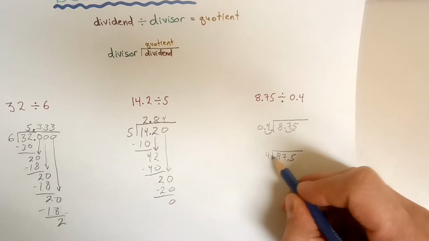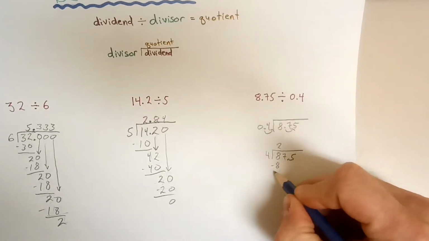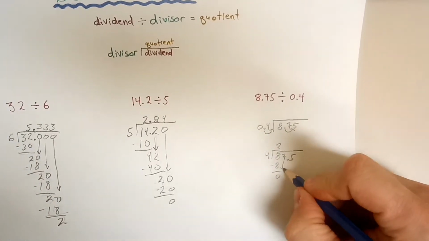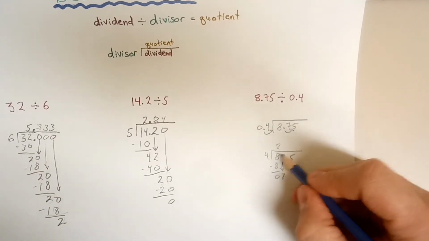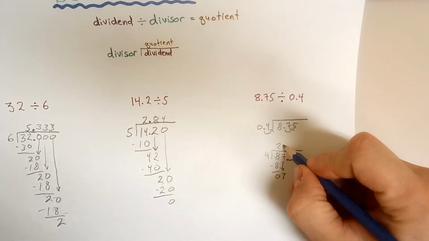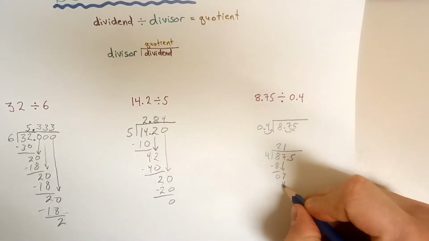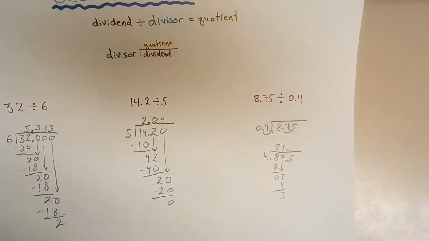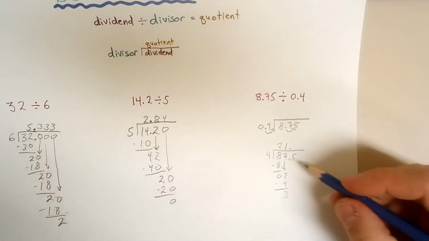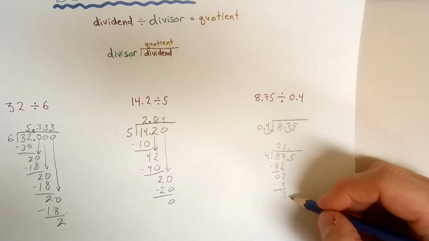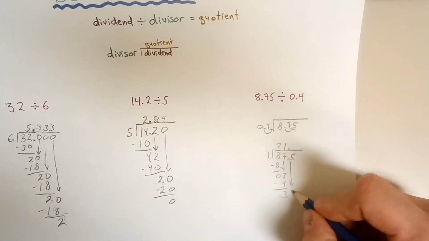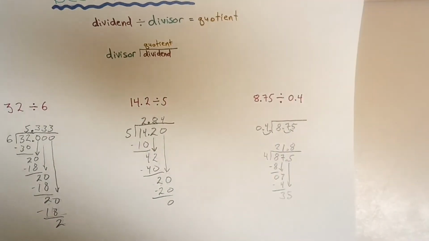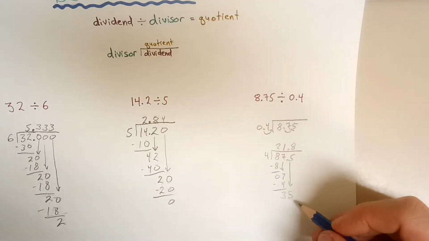How many times does 4 go into 8? Twice. Great. Nothing. Bring down the 7. How many times does 4 go into 7? Once. 1 times 4 is 4. Minus 3. Oh, got a decimal. Have to copy it down exactly right above. How many times does 4 go into 3? Oh, sorry. Bring that down before I do that. How many times does 4 go into 35? 8 times. With a remainder of,